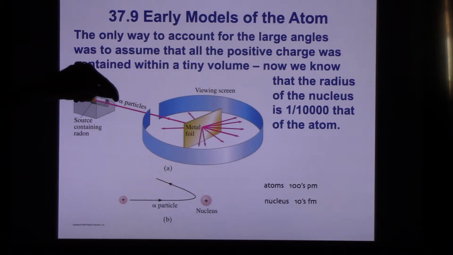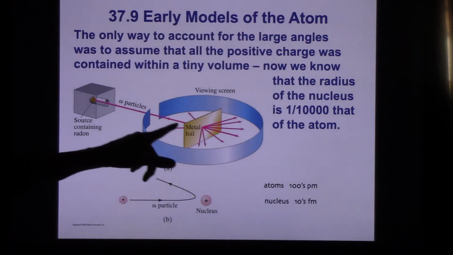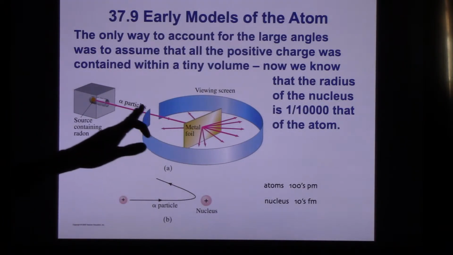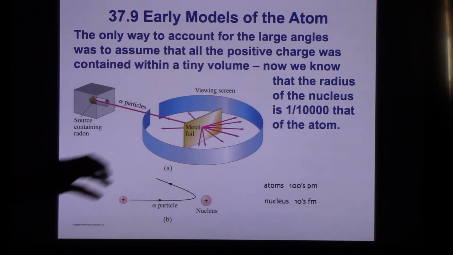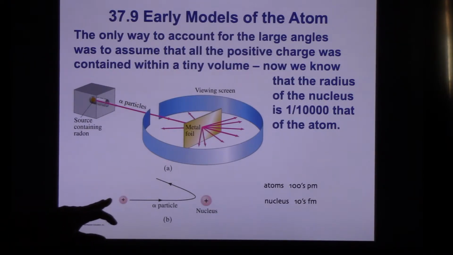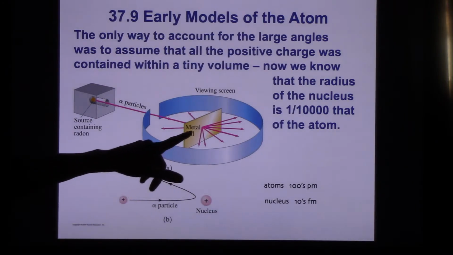Radioactivity had been discovered, and they could take what were called alpha particles, they're helium nuclei, coming off of radioactive materials, and direct them towards a thin sheet of metal. I think it was gold. Gold really has a nice property. You can make thin, really, really thin sheets of gold. And what Rutherford found was that the alpha particles, for the most part, went right through. So the alpha particles were able to go through the gold, but occasionally the alpha particles would hit something. Okay, so the alpha particle occasionally would end up